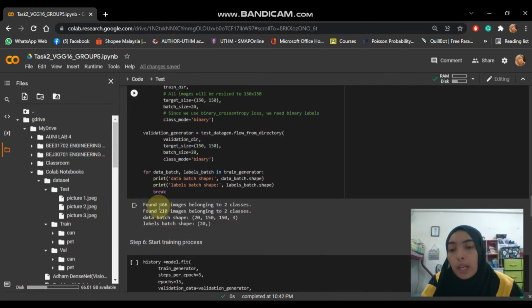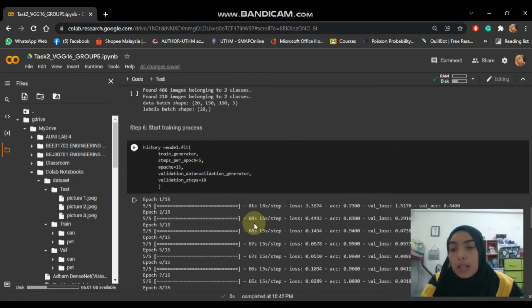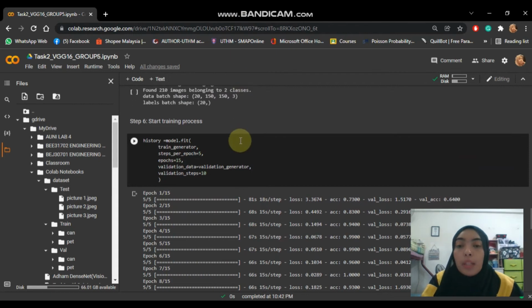It will show that it found 466 images belonging to 2 classes, and it also found 210 images belonging to 2 classes. And then for the next step, we need to start the training process. So here, we need to set our own value for the steps per epoch, which we set equal to 5. The value for the epoch we set equal to 15, and then the value for the validation steps equal